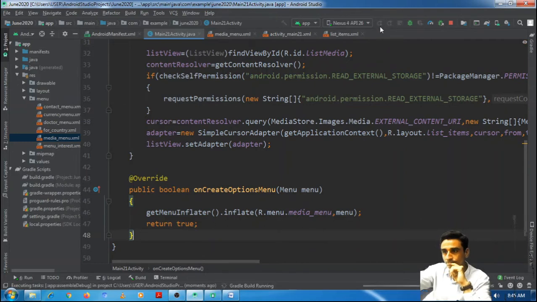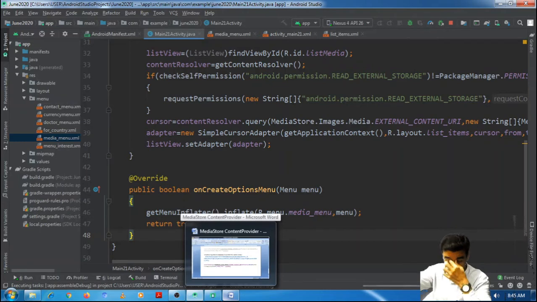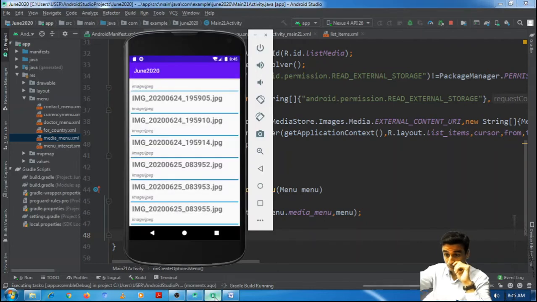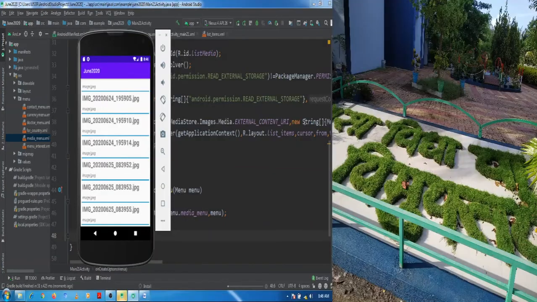Let us check it. So it is on the way of installation.